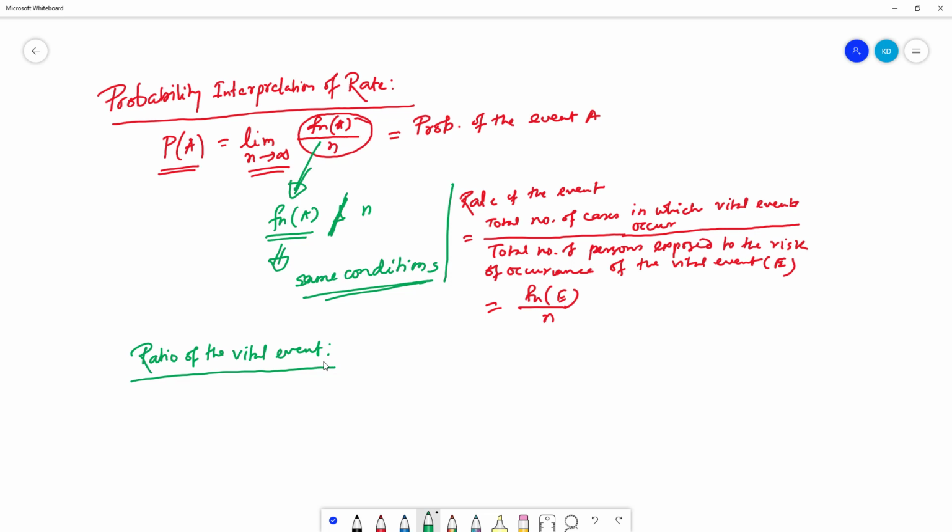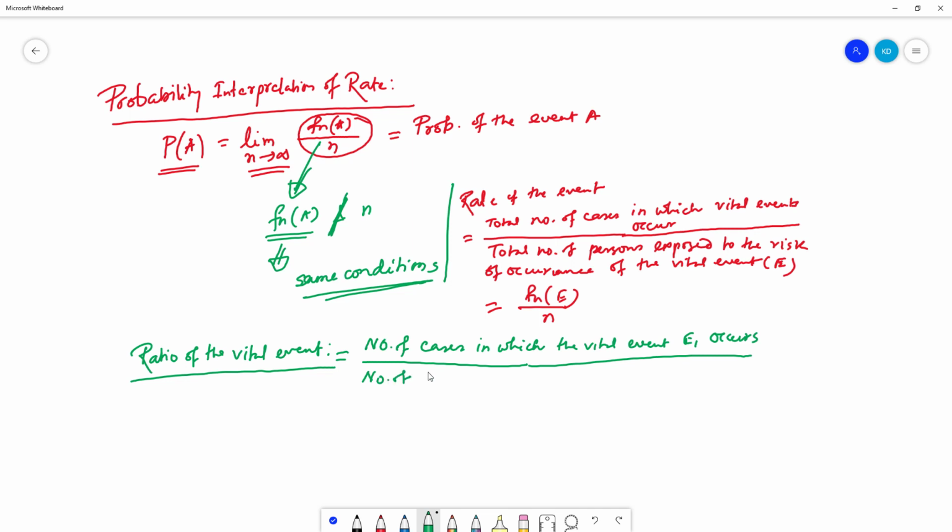The definition of the ratio is given by the number of cases in which the vital event E1 occurs divided by the number of cases in which the vital event E2 occurs,